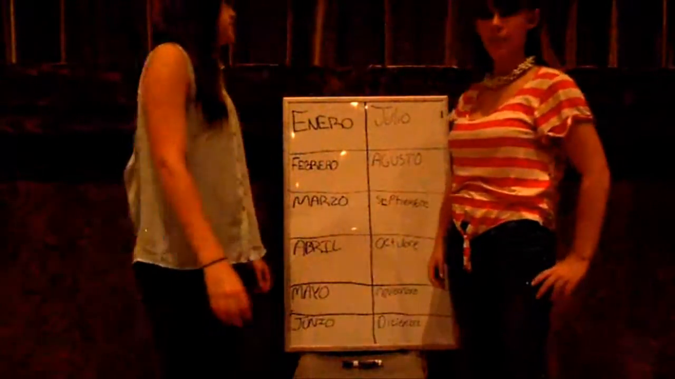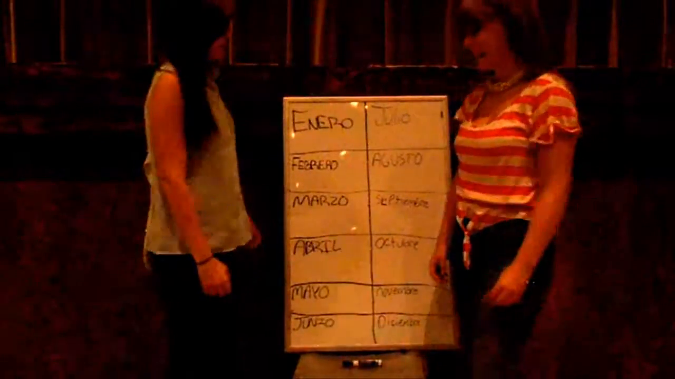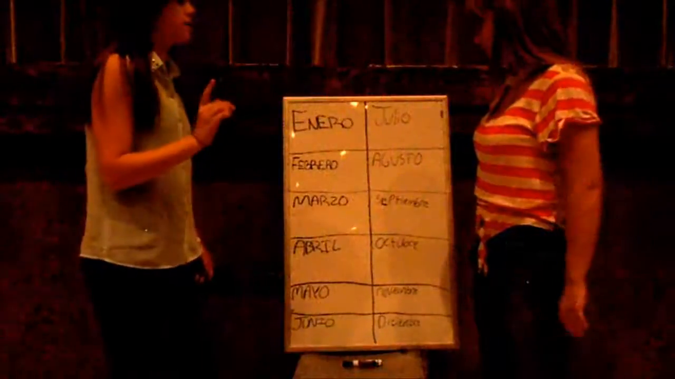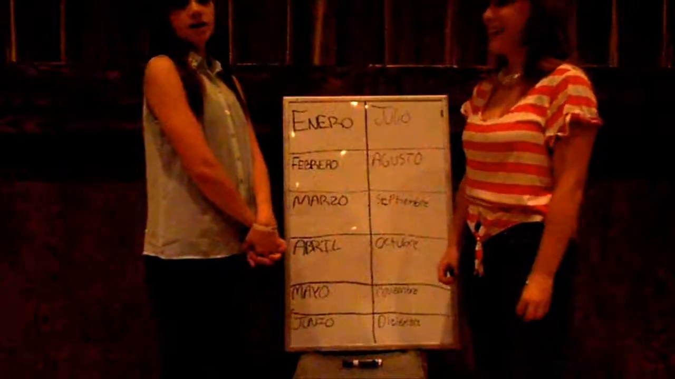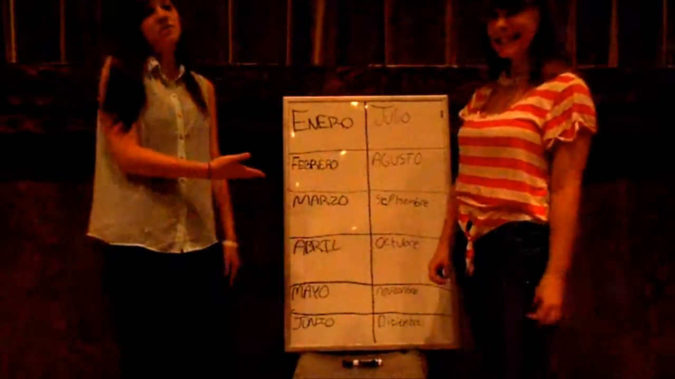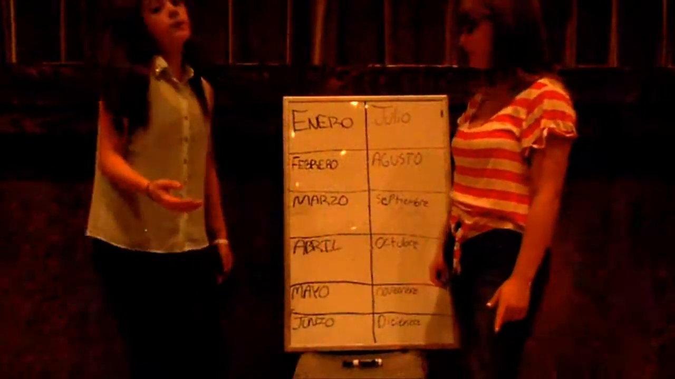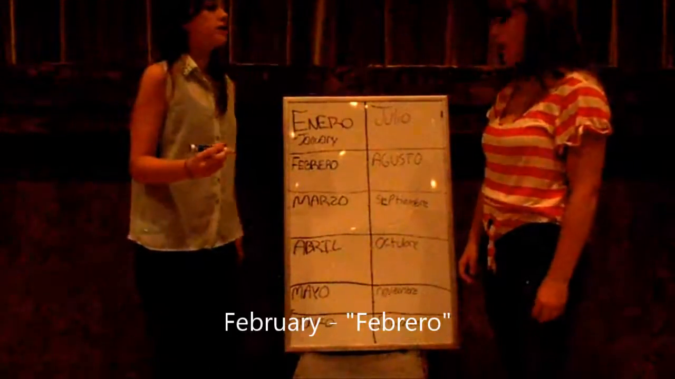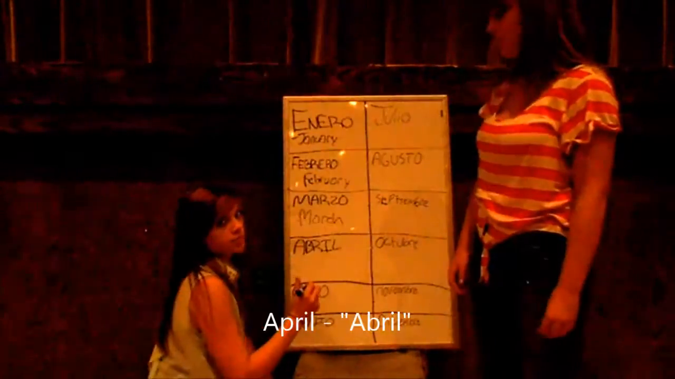So now we're going to teach you about the months of the year. Yay! All right, so as you can see, a lot of these are similar to the English version, but there's some that are not, and there's some where you think you're going to pronounce them one way, but they're really pronounced another way. So me and Catalina are going to go back and forth. I'm going in Spanish and English. So, how do you say January? Enero. February, febrero. March, marzo. April,